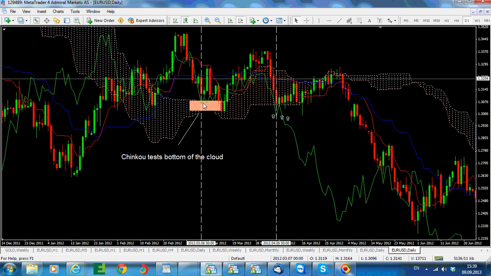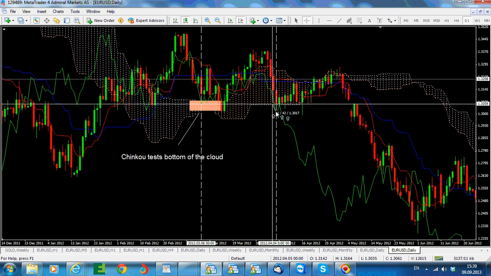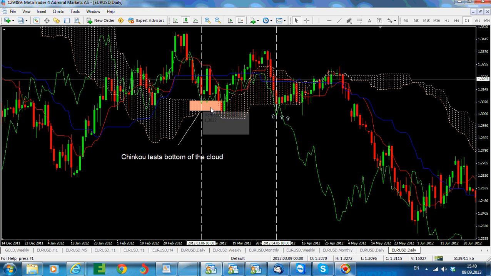So while you cannot see here that the Chinko actually tests the bottom of the cloud, in fact it is testing the bottom of the cloud, because this candle here has 42 pips, if you can see, 42 pips of a shadow, and this is not visible on the Chinko. However, when price was here and went to the downside like that, so did the Chinko. So the Chinko actually was rejected from the bottom of the cloud, and that is the reason for our bounce here to the upside. And normally that means that we should go and